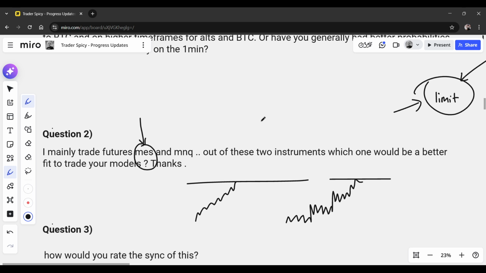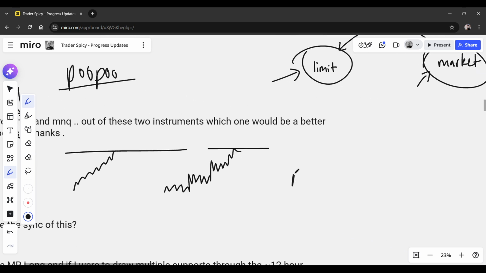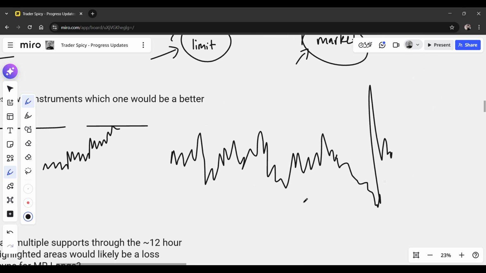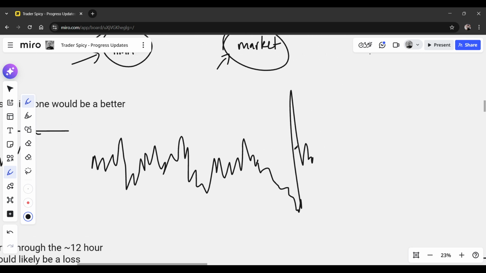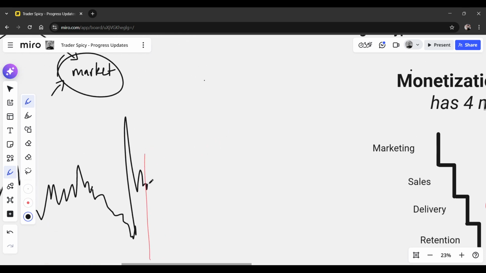And I say this because there can be some coin called poo poo coin. Let's just pretend that for a year straight, its price action is messy and illiquid. It's not really doing that much. It's just going all over the place. It could be a complete mess for an entire year straight. And then suddenly, on a particular day, maybe I'll use a different color, it starts doing something like this.